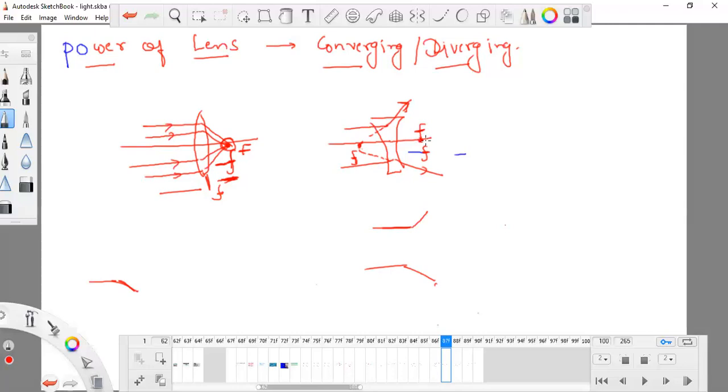It is trying to diverge. That's why the fatty lens is a good person, because it wants to communicate, that is converging. And the less fatty lens is not a good person, because it is trying to make all the rays go apart from this principal focus, the first principal focus, that is f1. So this is known as the power of the lens.